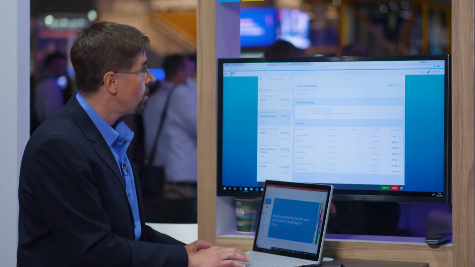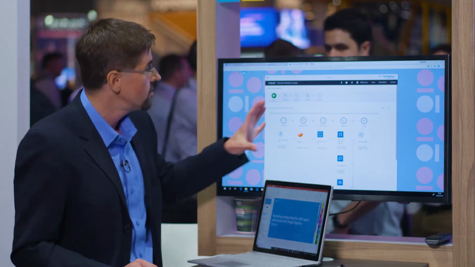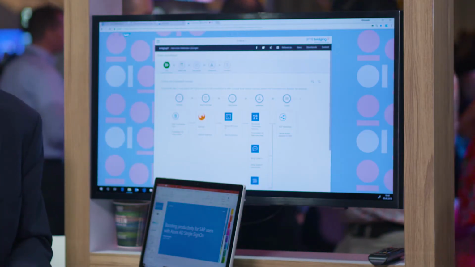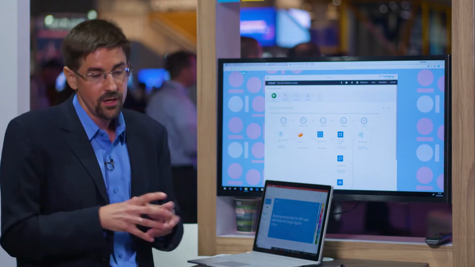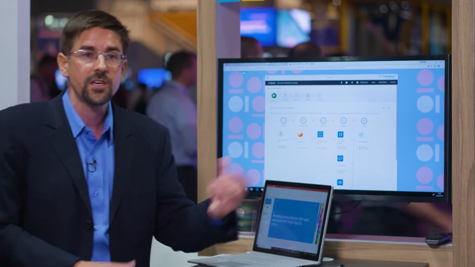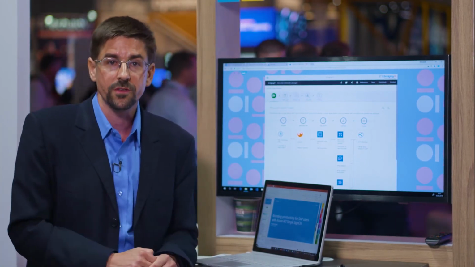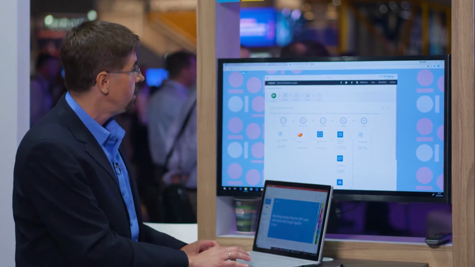Another scenario that showcases this kind of integration is here in this screen, where we have a Fiori-like application running on the SAP Cloud Platform. And in this case, we are really leveraging again services from the SAP Cloud Platform and services from the Azure Platform as a Service. So for example, here we have a screen that is currently displayed in English, but what